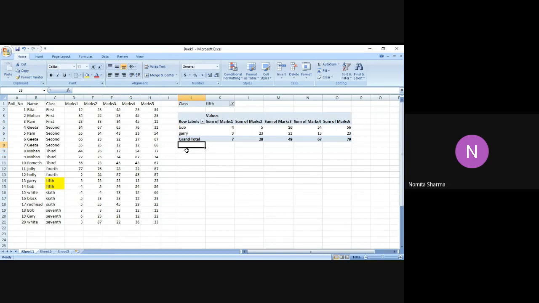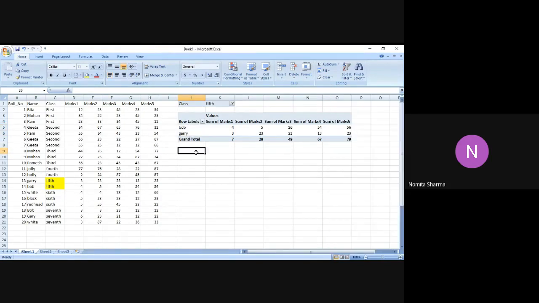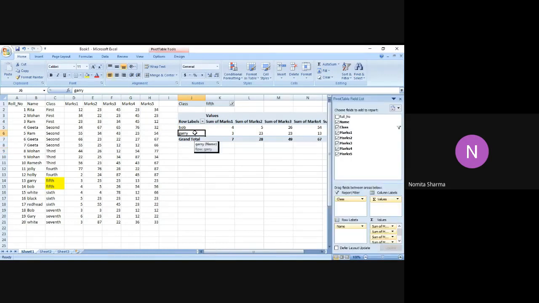In a similar manner, I can also do another thing. Did you notice that the moment I'm in the pivot table, only then this pivot table field list will appear? The moment I step out of this range, that table field list will not appear, right? So if I go back to this particular table again, you will see the list appearing, which will show me the 4 sections. I can make a change depending on my option.